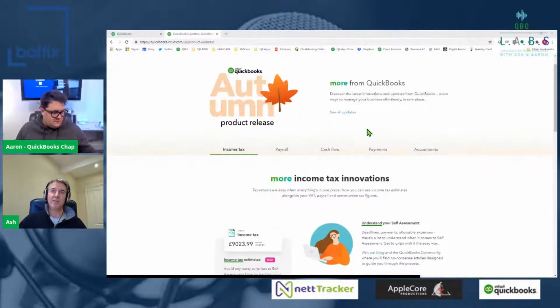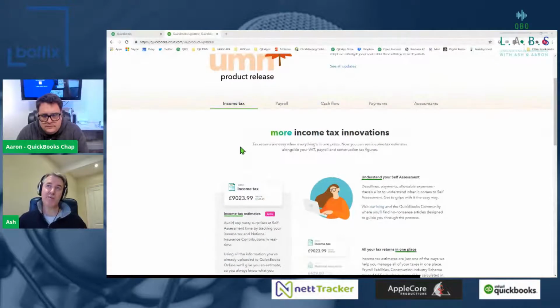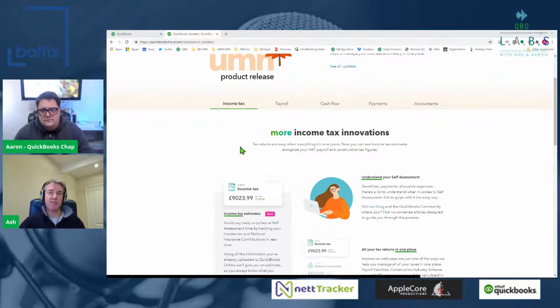And you can see there's 5 tabs that come across, income tax being the most recent update. So we'll start off with this income tax, and this is a fantastic new feature that's still currently in beta. It was in QuickBooks Self-Employed for some time, and now it's just been updated into QuickBooks Online.